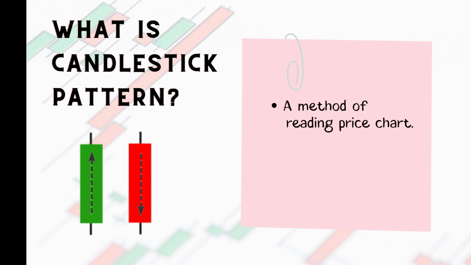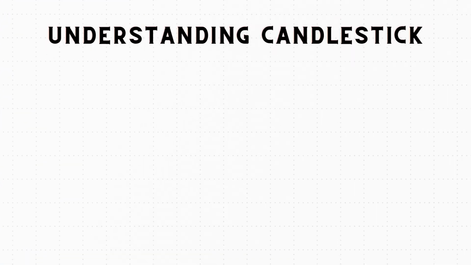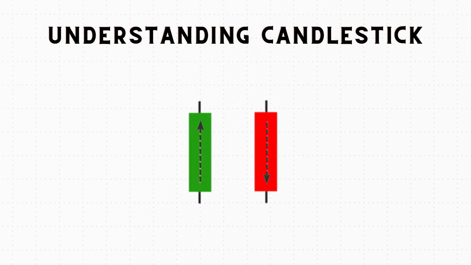So, coming to the basics, any candlestick will have four things in common: open, high, low and close. Now let's check what the open, close, high and low of these candlesticks are. Here is the green candle. As we discussed, a green candle is formed when there is an upward movement. That means the price moves upward in a particular time frame, and we will see a green candle on the chart.